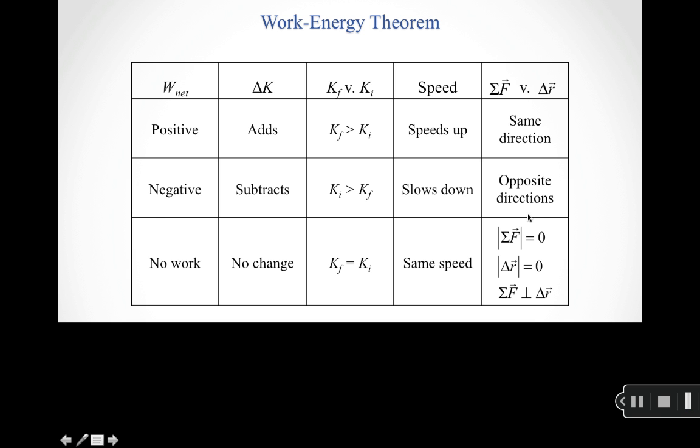One is you can have no net force, you can have no displacement, you can have the net force be perpendicular to the displacement, or there's actually a fourth possibility, where the net force does positive work along some portion of the displacement, but the same amount of negative work over the rest of the displacement, so that when you add that up, you still get 0. So this table basically summarizes what the work-energy theorem is trying to tell